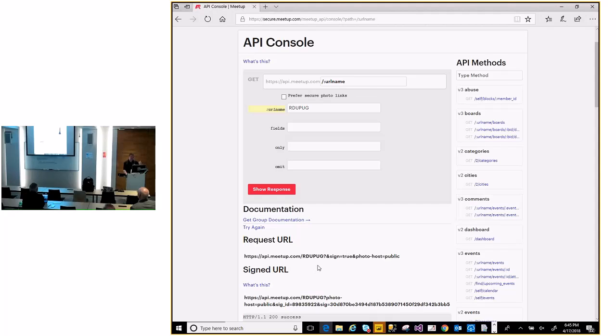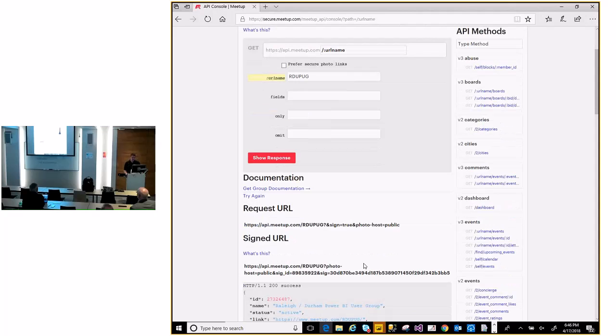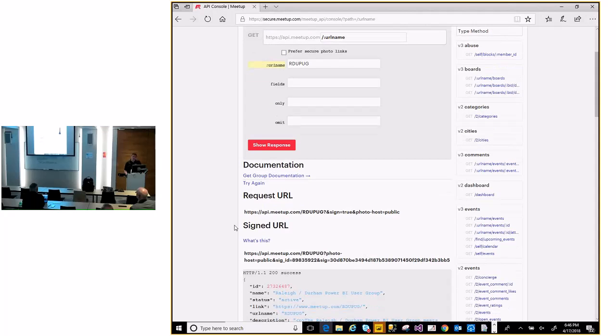This is the unsigned request, but it's in the format of a signed request. So all I have to do to make this thing go is add to the end of this query string here a question mark, the word key, and equals, and then of course my API key. Now they mask it here nicely for demonstrations. Thank you folks at Meetup if that was intentional. But then it gives me the resulting signed URL key.